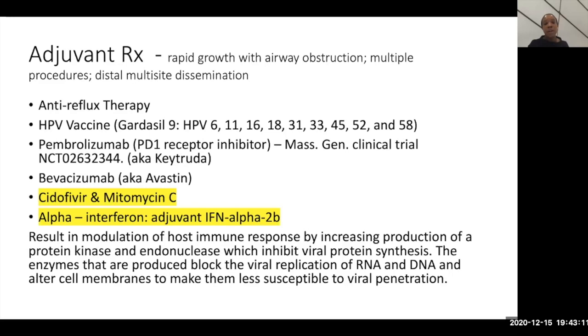Alpha interferon is a very, very good drug, but has a lot of significant side effects. And so it is not used as much as the other drugs, because the other drugs can be given intralesionally. So why would you give someone a systemic drug if you can deliver an intralesional drug? And the other thing, of course, is that alpha interferon comes with side effects such as thrombocytopenia, leukopenia, mental problems. People can be very ill. They can end up in ITU just from the interferon drugs. So you really have to have a good reason to be giving someone alpha interferon.